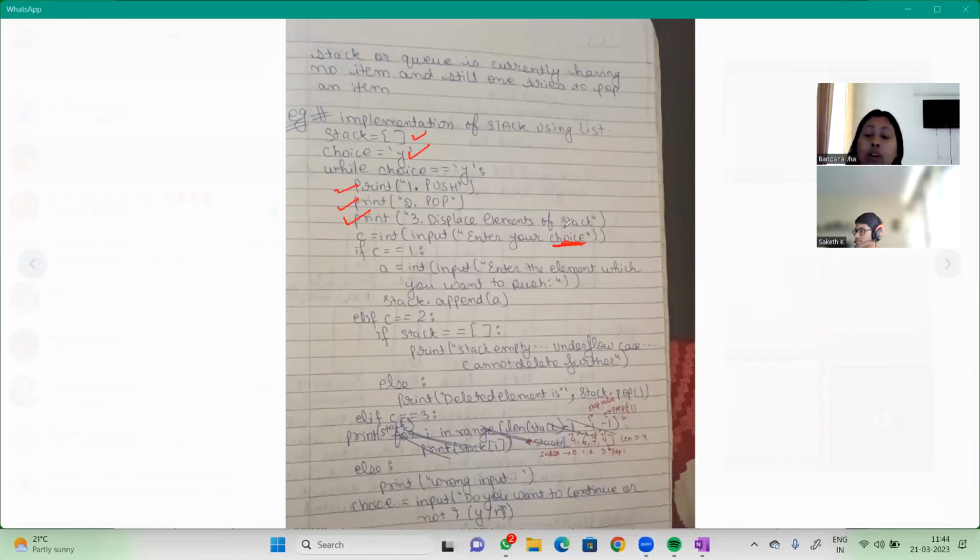So first of all, we have to insert the element. If you will not,